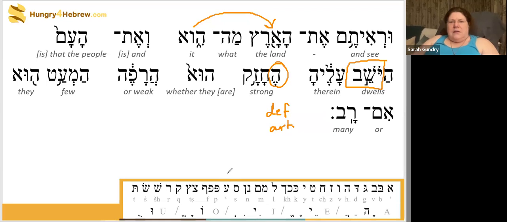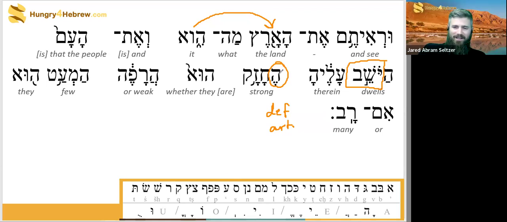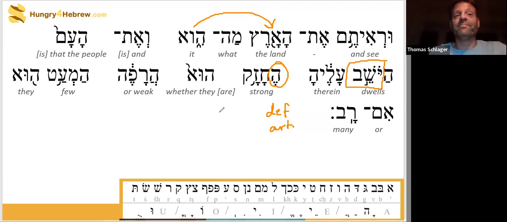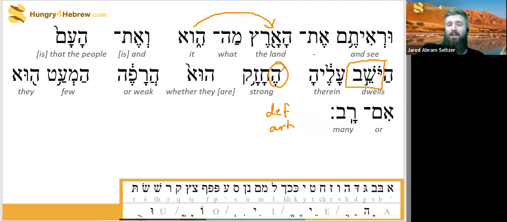Yeah. So here's a great example where that initial hey can be confused whether it's a definite article or an interrogative particle. And there's no way for us to know except, well, that's not true. I guess context tells us that it should be an interrogative particle because it's coming at the beginning of a segment. See, there's the end of a segment because of that guy. It's coming at the beginning of a segment, and usually the question words come first.